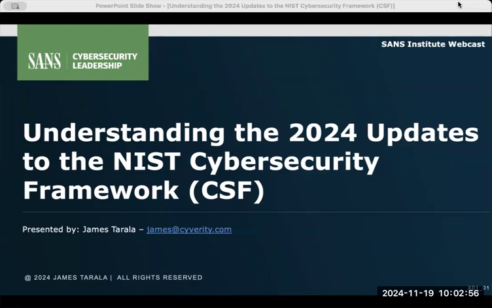And what I want to do today is take a deeper dive. I know most organizations have looked at the cybersecurity framework, and if we're honest, probably a lot of us have looked at it through the lens of the wheel diagram that NIST always publishes. A lot of us have probably seen that there's now a new function in that wheel, and a lot of people stopped their analysis there. But I want to take a deeper dive today. I want people to understand exactly what the differences are, and we're going to take some time to dig into the meat of this and understand what's going on with this 2.0 update.